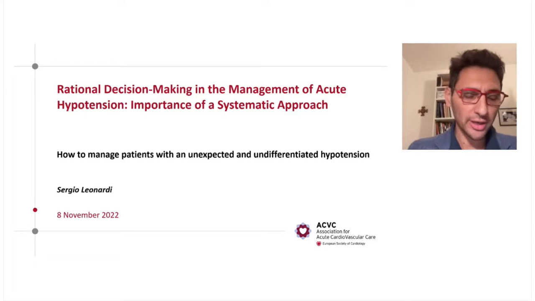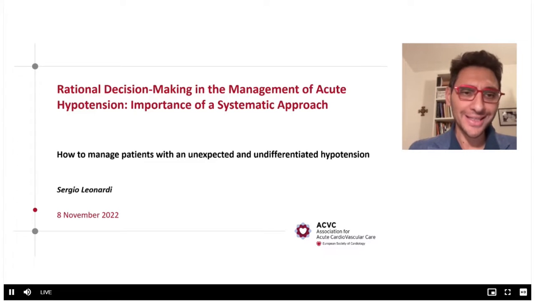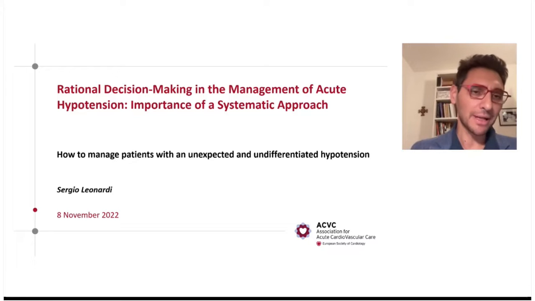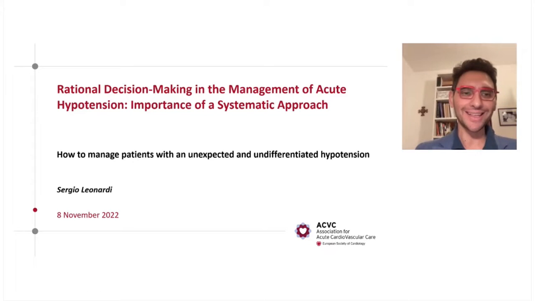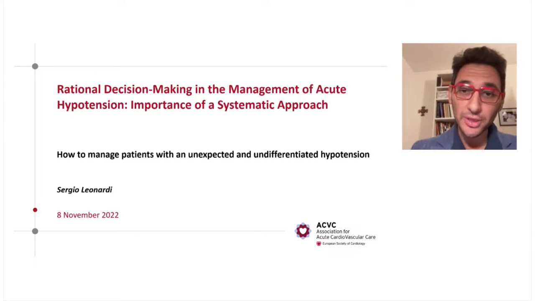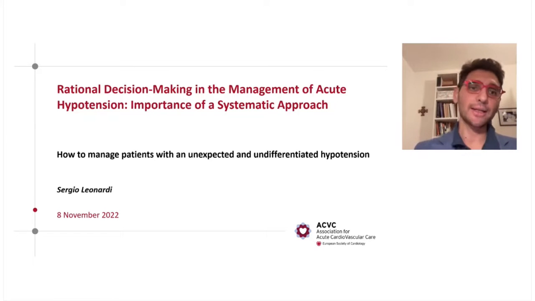I'm Sergio Leonardi. As you said, I'm an associate professor of cardiology here in Pavia, and I work in our cardiac intensive care unit in San Matteo Hospital. And I had exactly the same impression as you had about how difficult these cases are. I think it points very well to how heterogeneous the presentation of patients with hypotension is, and especially for patients with bleeding, we may have a lot of types